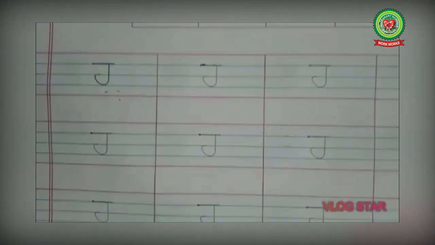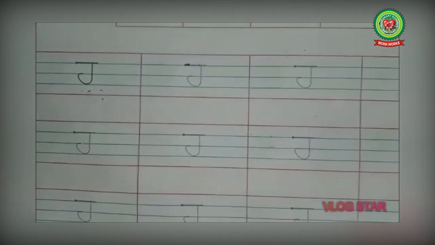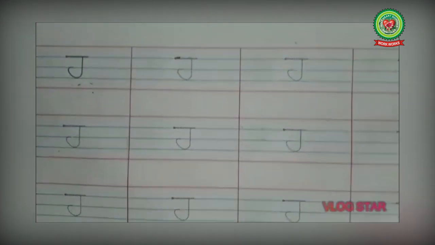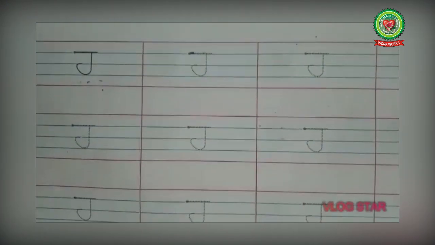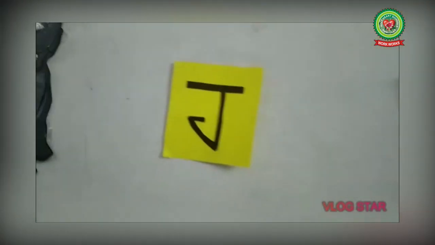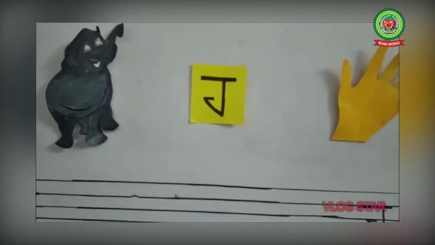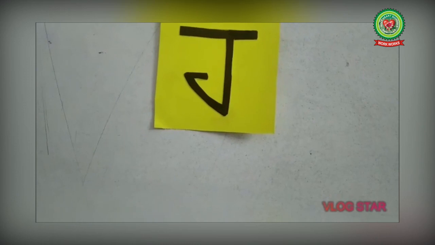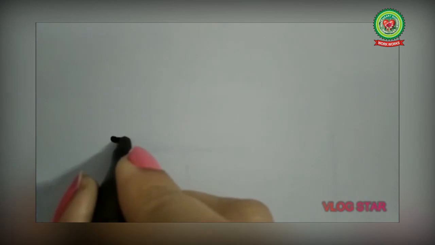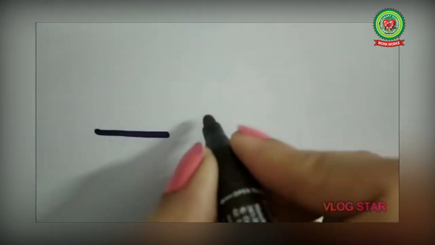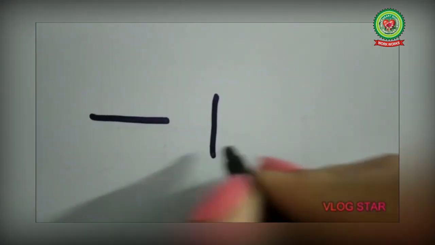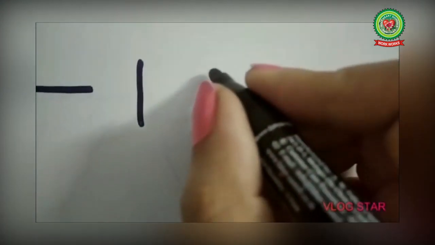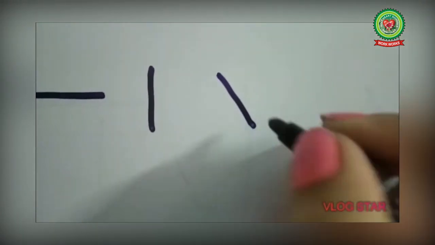But for writing ha without dots and in proper formation on copy or on book, you must know how to write ha. So for that, I will teach you how to write ha. Before learning how to write ha, you must know the concept of lines. As you already know the concept of lines, let us revise. This is sleeping line. This is standing line. And this is slanting line.